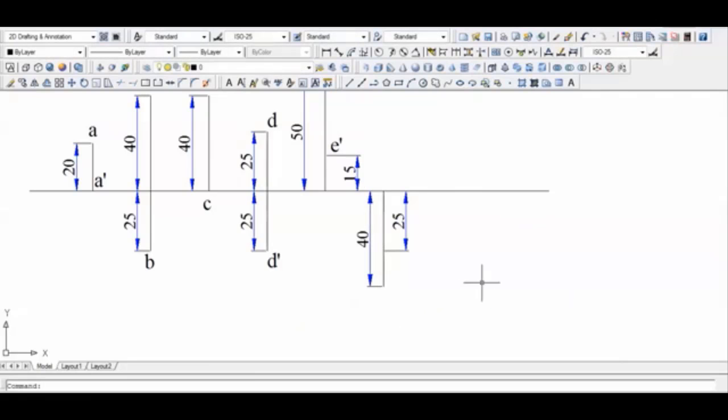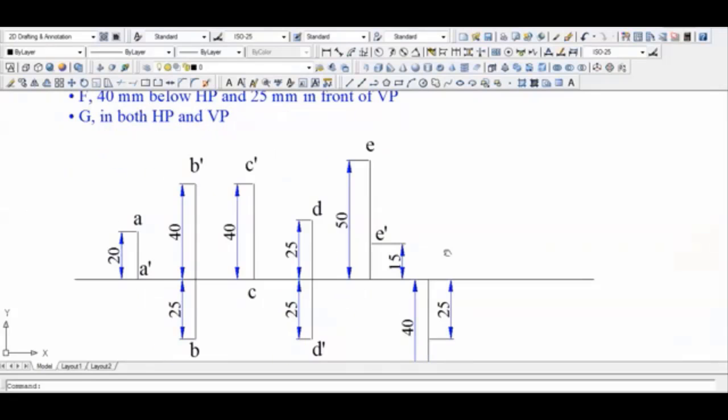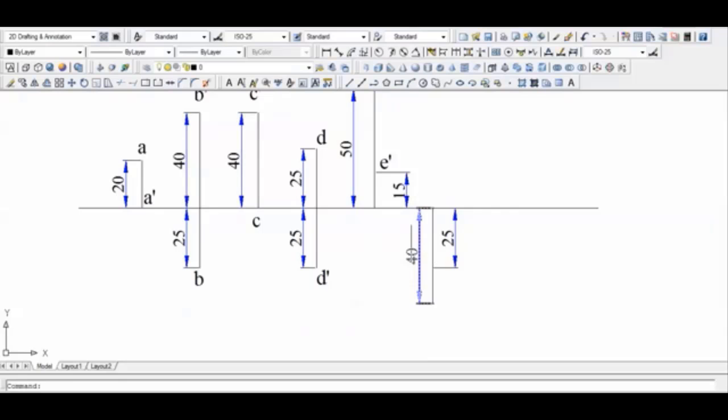is 40. Now let us again check whether 25 is H or D. If one is H, then the other one has to be D. Now if 40 is below HP, that means this dimension over here is H, and if it is H, then this has got to be F dash. You need to put a dash always with any dimension that is for H, and then this has got to be